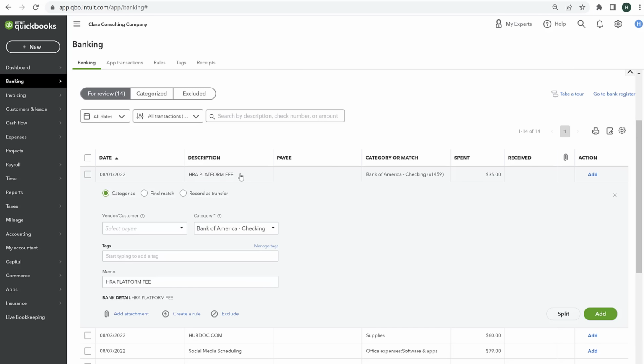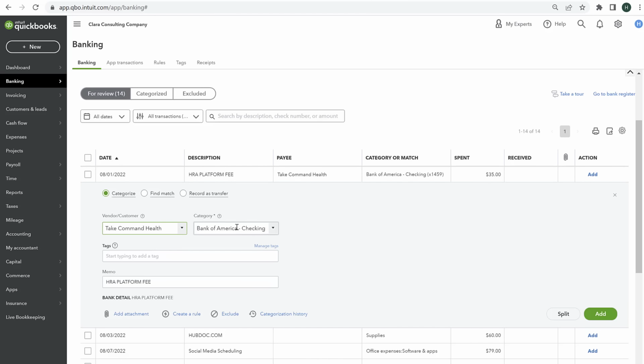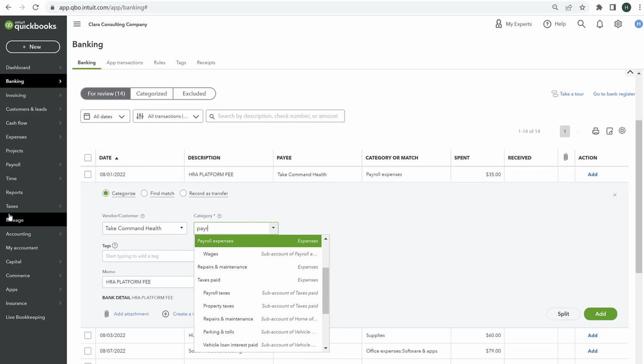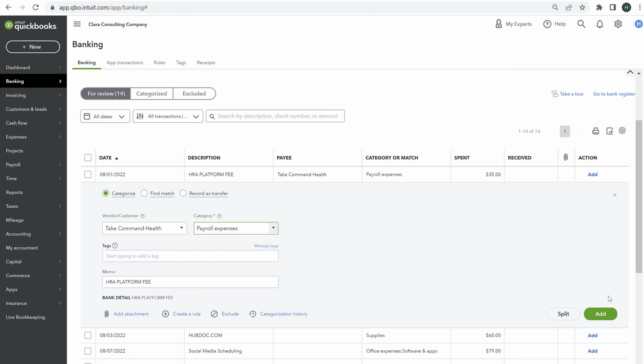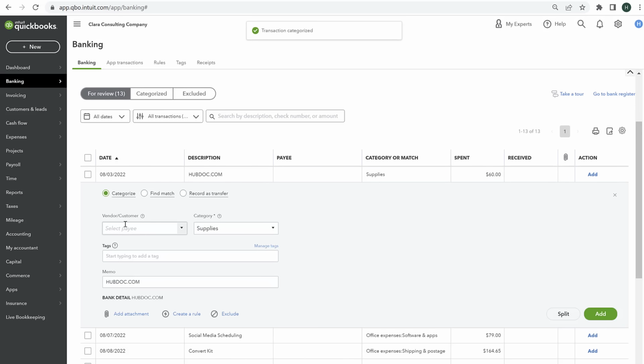So the transactions that we have here, these are a couple things that you're going to see on a regular basis. These are more the operating expenses of the business. So for example, this is Take Command Health for our HRA. And we're going to go ahead and save that as a vendor. And this is a payroll expense, or we could probably even call it that. So we're going to call that a payroll expense and go ahead and click add. And I'm not being too picky on the categories. Again, you guys,